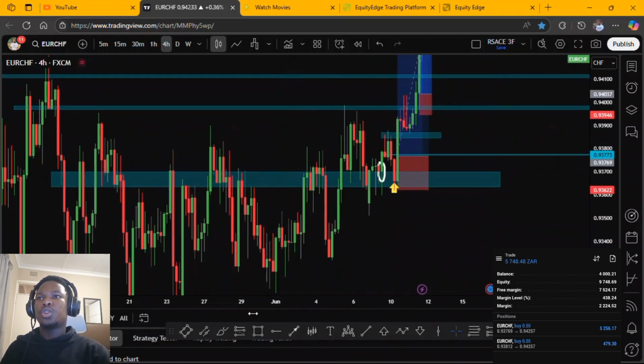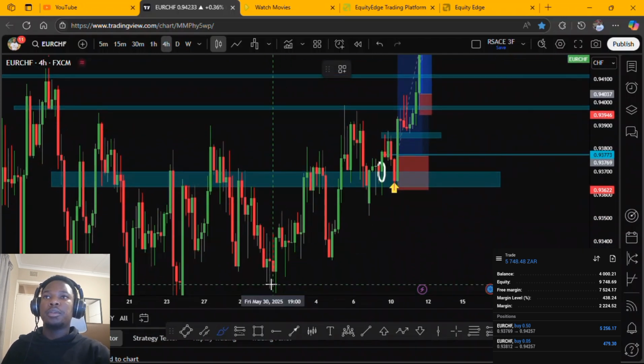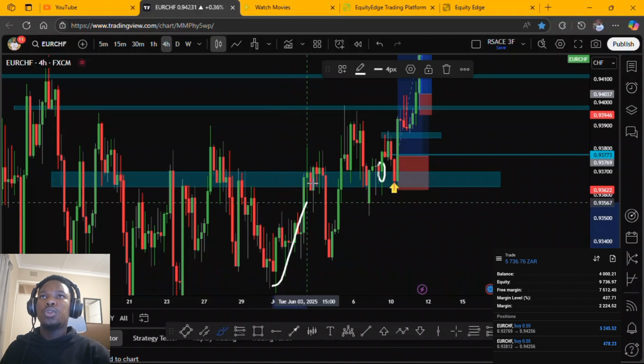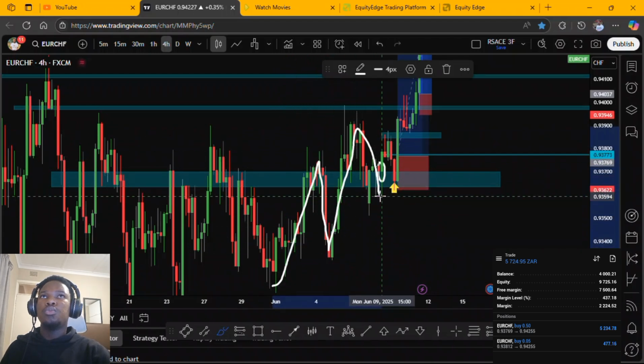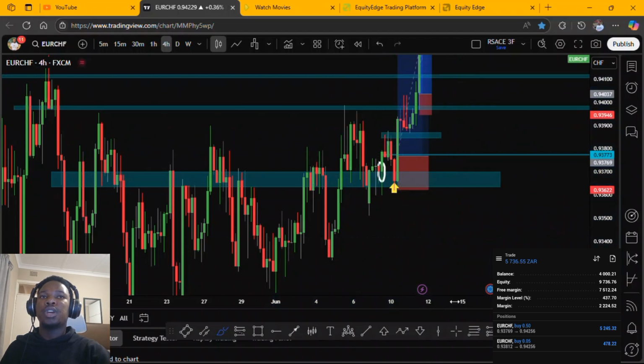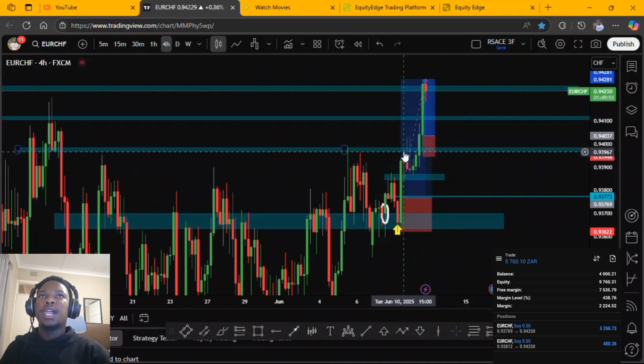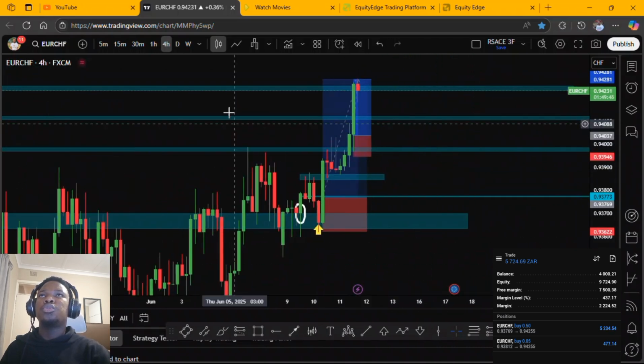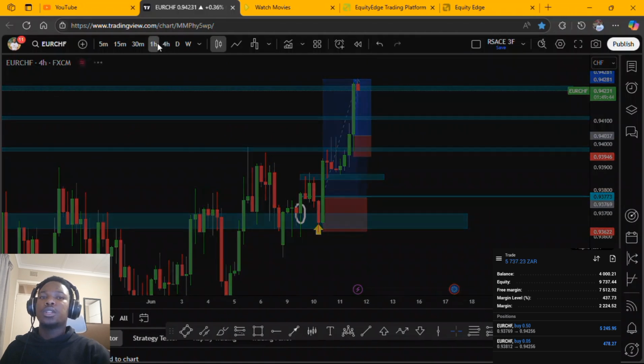market is moving, it's not moving like how it was moving in the beginning. We had this low, we had a high, we had a low, we had a high, we had a low, we had this high. So I was anticipating that the market might come maybe somewhere here or somewhere here, and then before it can continue, right? But as you can see, it did retest. It retested on the previous high, and it continued to go to the upside. So immediately when this happened,